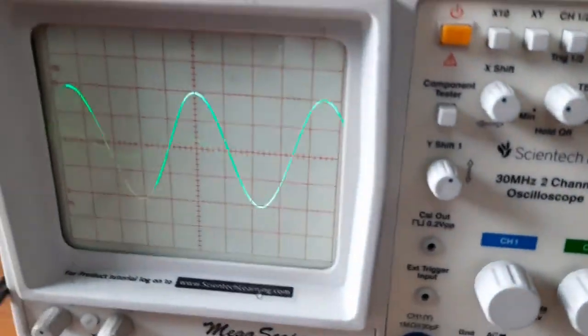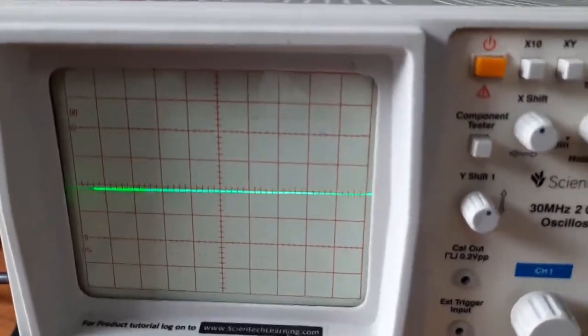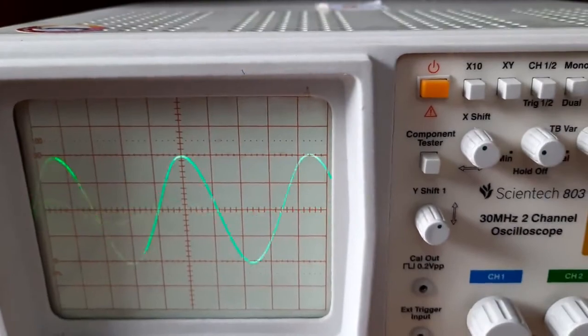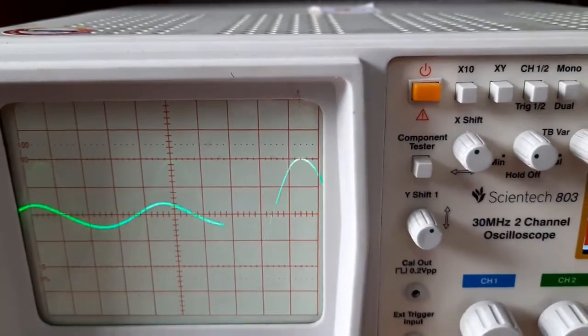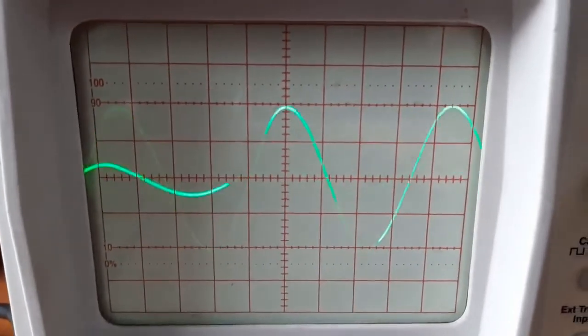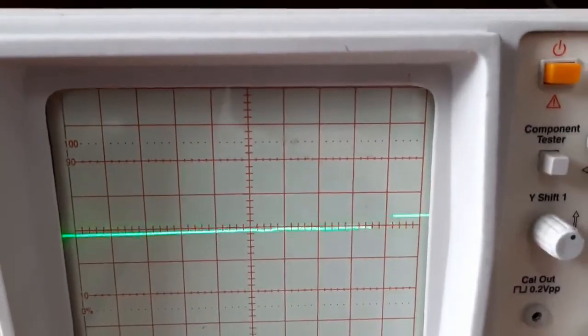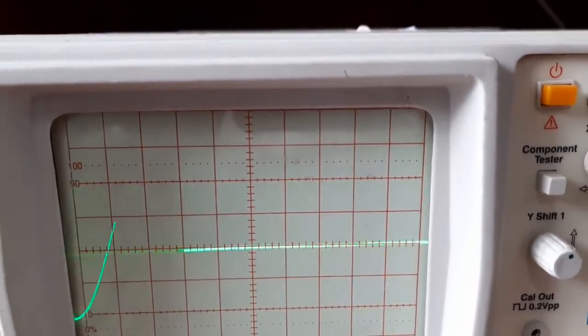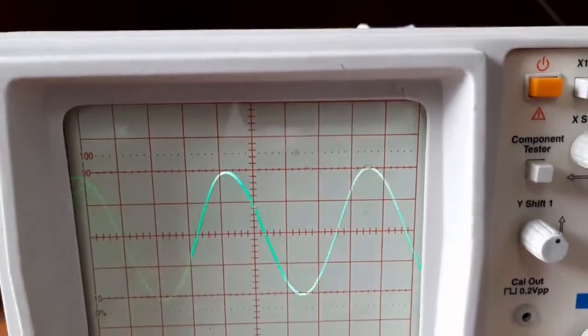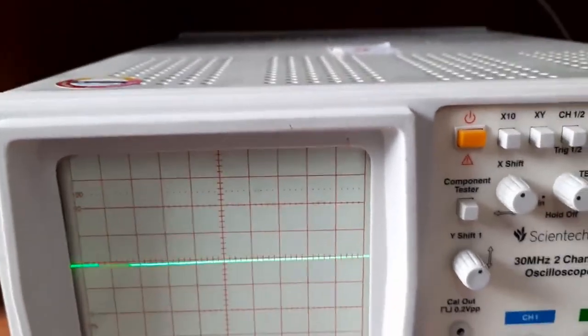See here. You can see there is a phase shift in the first section. And then this is the last section. So this is how the waveforms will appear. Okay, thank you.